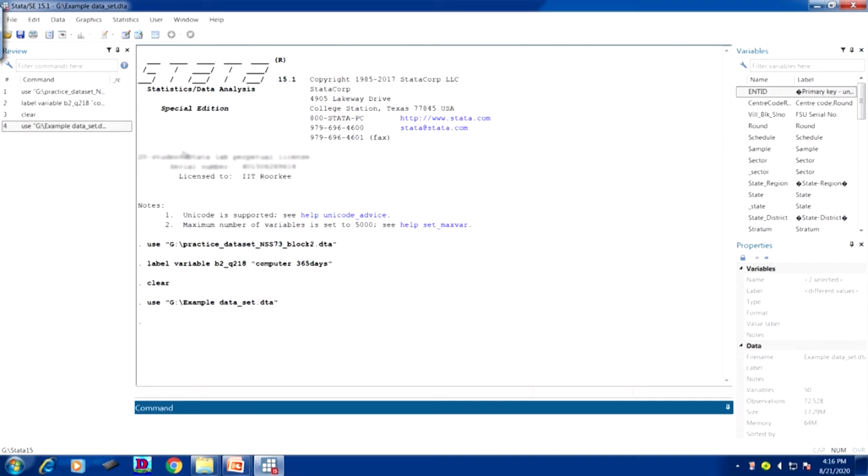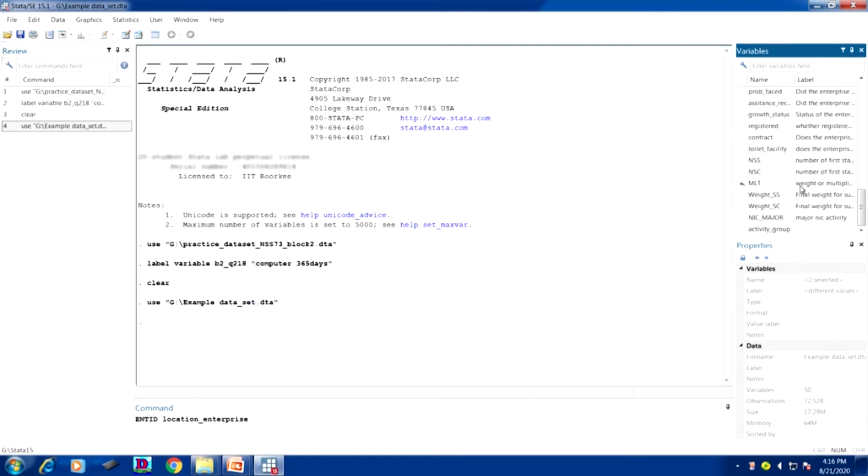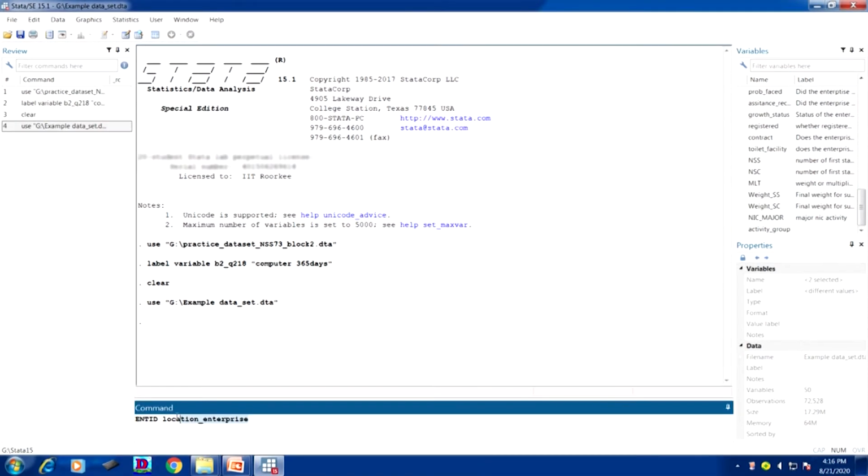This is already opened, even the NIC classification is also visible. You can have a look, I think it is there. By major activities we have named the variable NIC major.